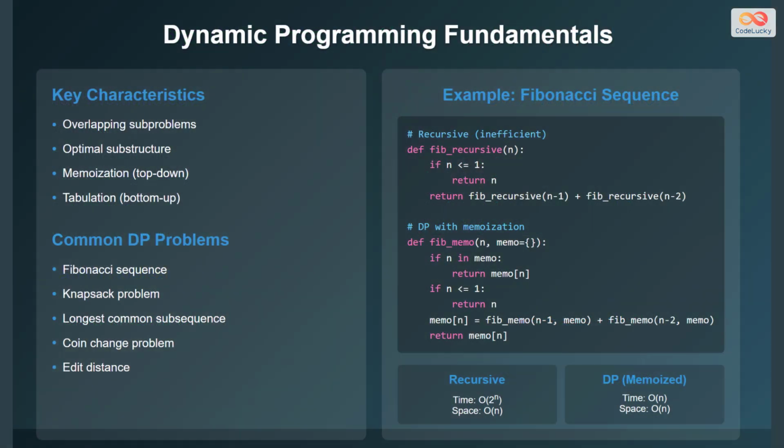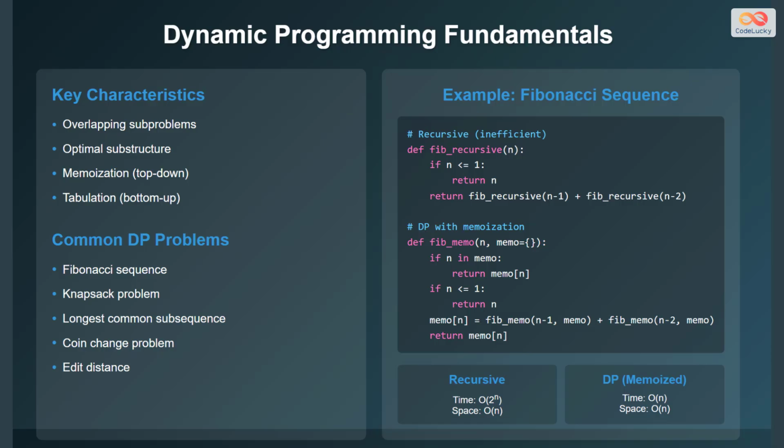Dynamic programming, often abbreviated as DP, is a powerful technique used to solve optimization problems by breaking them down into smaller overlapping subproblems. Here are some key characteristics of dynamic programming. Dynamic programming is characterized by overlapping subproblems, where the same subproblems are solved multiple times. It also is characterized by optimal substructure, where the optimal solution to a problem depends on the optimal solutions to